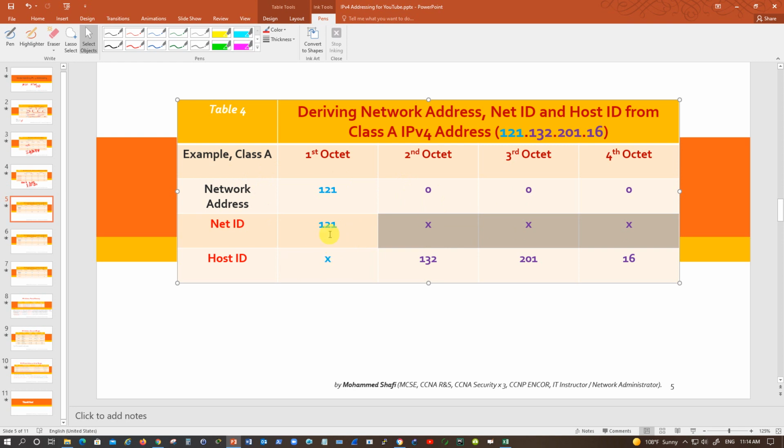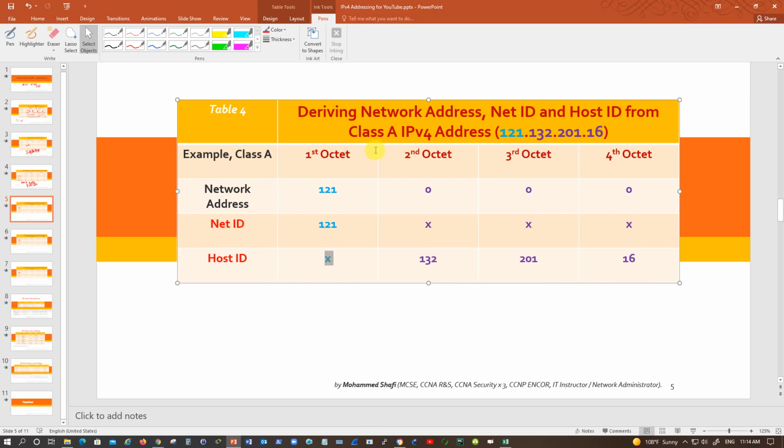Network address is this; net ID is, in this complete network address, what is the net ID? This is the one. Host ID, you need not write anything here. I found some people writing 0. 0 will make things entirely different. If somebody sends a 0.132.201.16, it means that network belongs to a reserved class of class A. So never write 0 here. Write X, or any letter which is not compatible with the boxes or fields available for IP addressing inside the PCs. So the host ID is